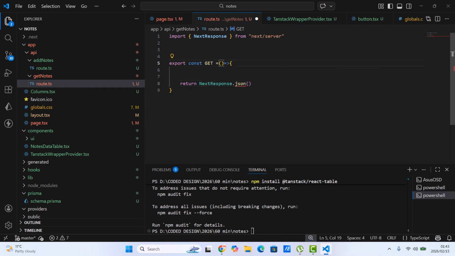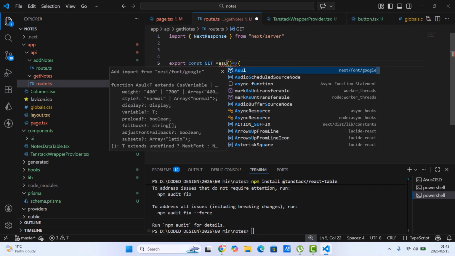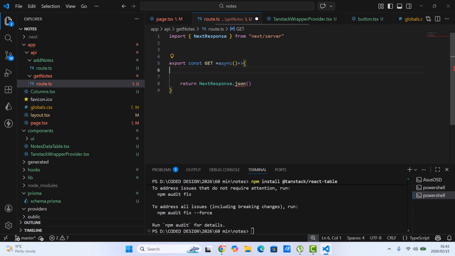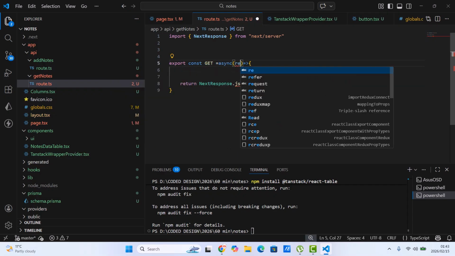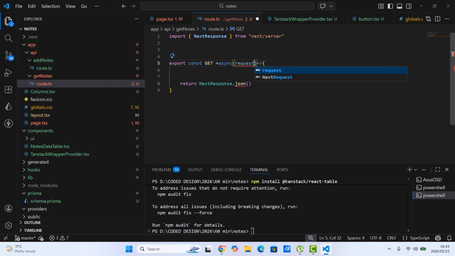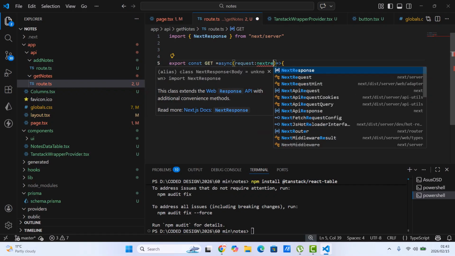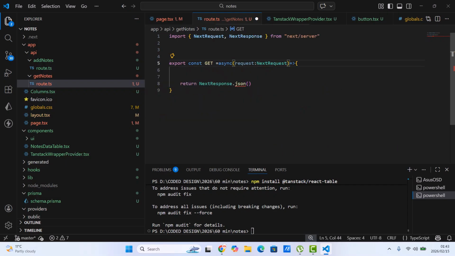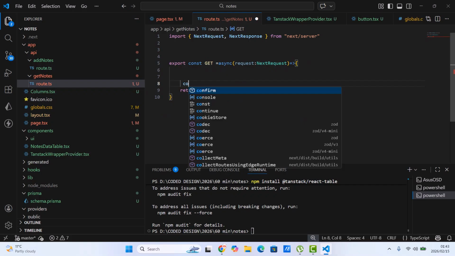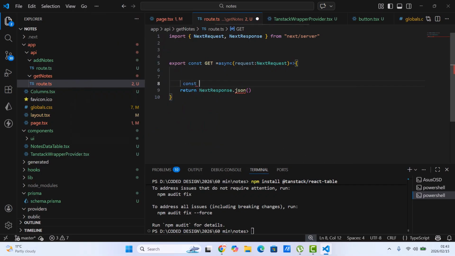And then we need to make this asynchronous, and then we need to receive a request as NextRequest. Exported const GET, the GET method. And then what we want here, we want to get the users, const